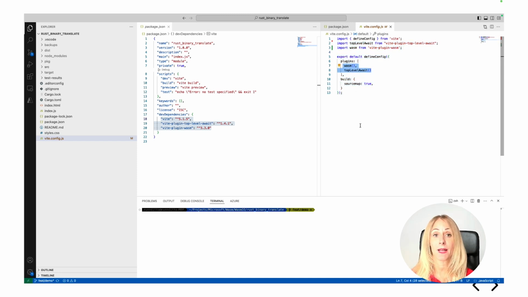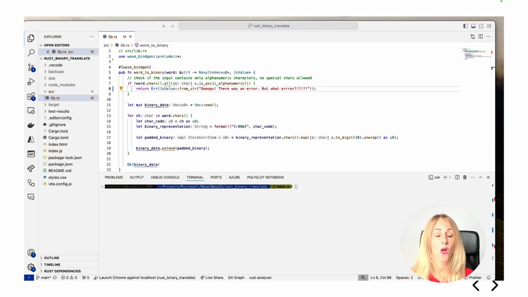Because Vite bundles and processes the code using ESM or ECMAScript modules, we need the top-level await plugin to support those WebAssembly asynchronous imports at the top level and correctly handle the instantiation of a module that returns a promise using top-level await internally.